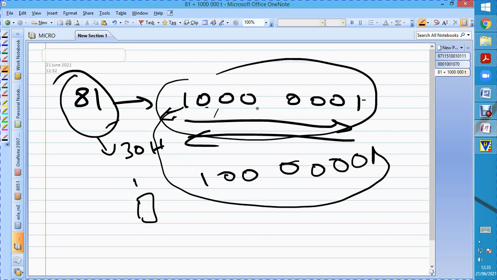After reversing the bits, we will be comparing these two. If they are equal, the net result should be 0. Then only can we say that it is a palindrome. Suppose we have 1 here, then it is not a palindrome, that you can easily say. So whatever the original number we have, it is going to be rotated to the left 8 times, and that will be brought into memory location 31H, and to this content we will be comparing the original number.